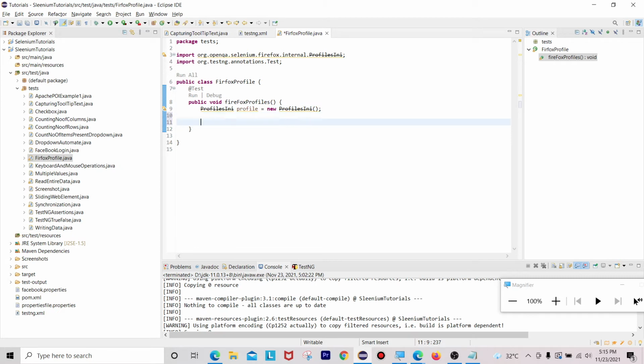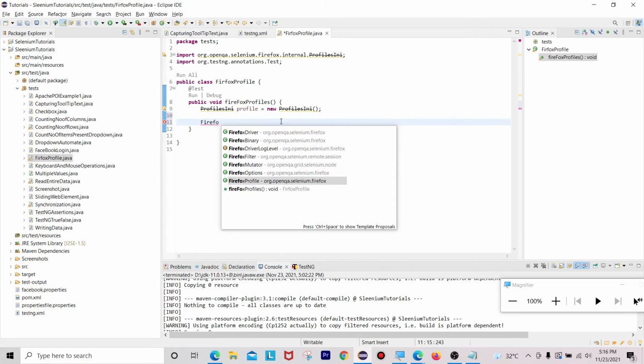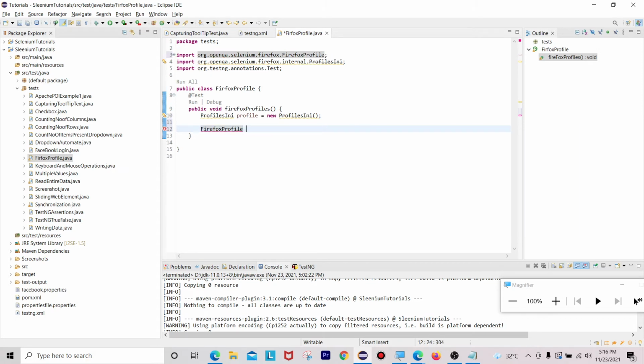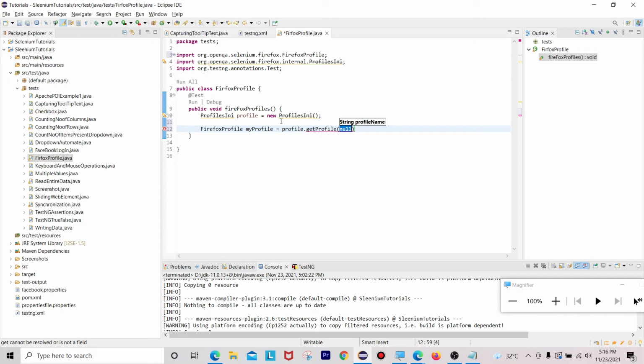Now Firefox profile, my profile equals profile. How can we get that? We have get profile of, what is our profile name here? Selenium. Selenium is the profile I created just now.